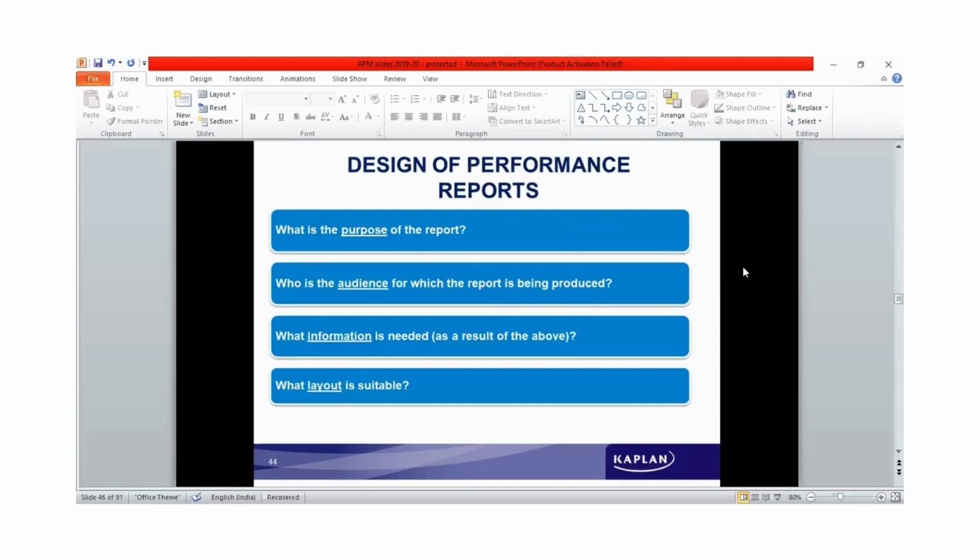Then we have to understand what is the purpose for which the report is prepared. Maybe the report is to explain something or analyze the situation or advise someone, then critically evaluate. Whatever is the reason for which a report has to be prepared, first understand what is the purpose of preparing the report. After the purpose is understood,